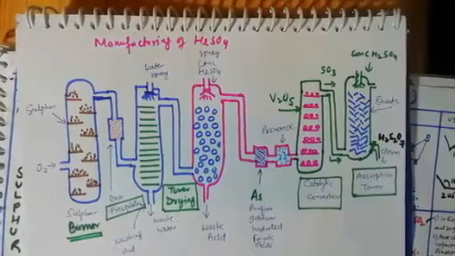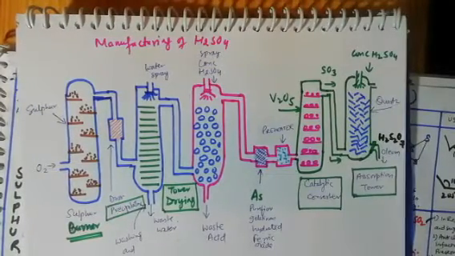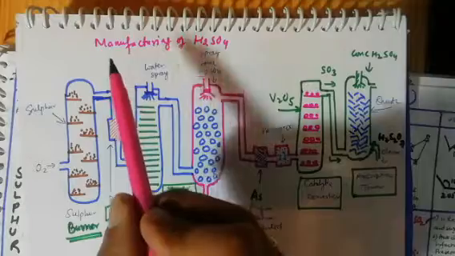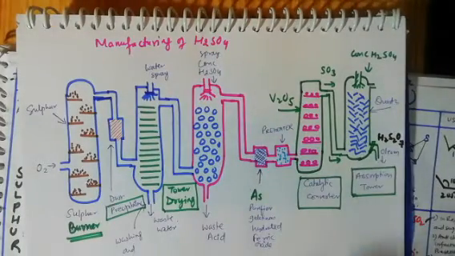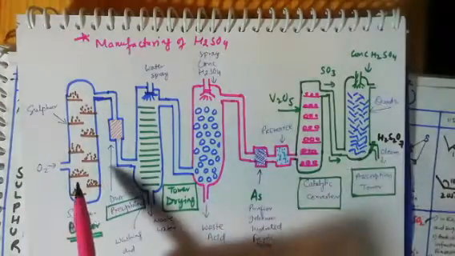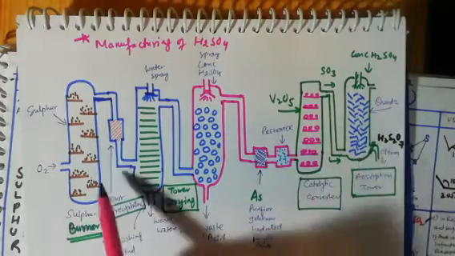So dear students, one picture is displayed on your screen that is related to the manufacturing of H2SO4, which is also known as the manufacturing of oleum. If you see here, for the manufacturing of H2SO4, generally you need to make this kind of structure. That is the diagram, and it is very important from the examination point of view. You need basically 5 chambers of the same type.